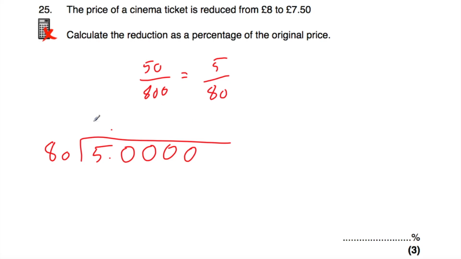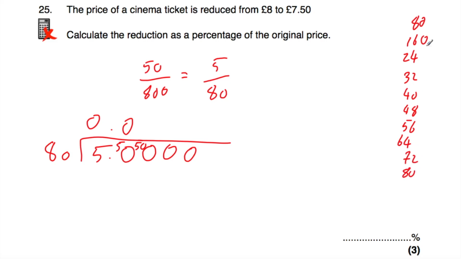So how many 80s go into 5? 0 remainder 5. How many 80s go into 50? That's going to be 0 remainder 50. How many 80s go into 500? I'm just going to list the multiples of 80 down here. They're the 8 times table, but followed with a 0. So 8, 16, 24, 32, 40, 48, 56, 64, 72, 80. I'm just going to put zeros on, and now they're the multiples of 80. So 500, that's going to be 1, 2, 3, 4, 5, 6,